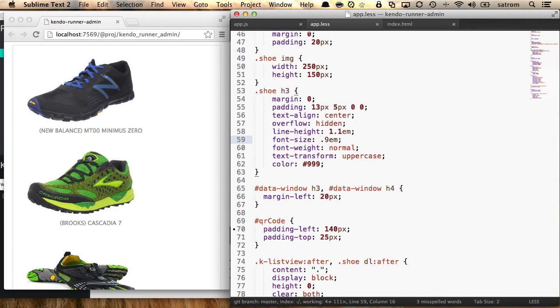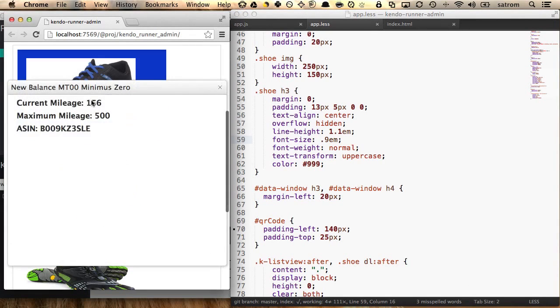This is great, but now it's time to add some extra goodies to my app. And so you'll notice that when I click on one of the individual shoes, then I get this nice window that pops up with some additional information, like the current mileage and the ASIN, which is the Amazon identifier number. And I want to take that Amazon identifier number and I want to use a brand new DataViz widget, QR